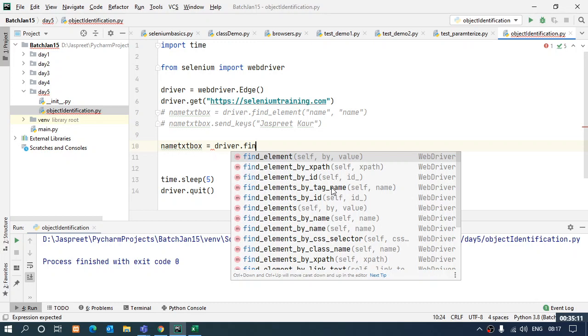When you see the suggestion box, just let me know. Let me try switching to a different internet.